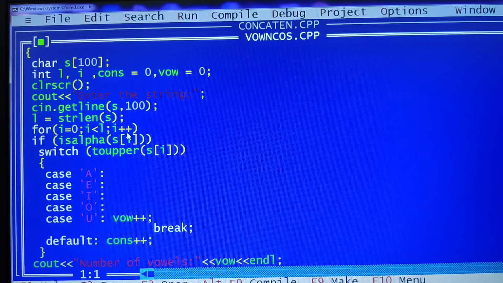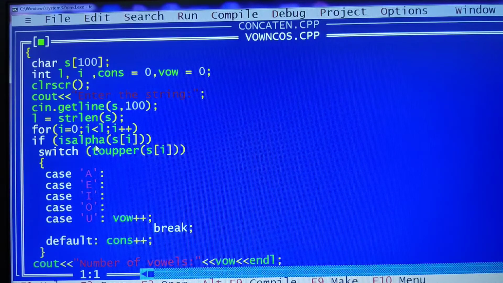Before we actually count the number of vowels and consonants, first we are going to check whether each character we encounter within the entered string is an alphabet or not. Suppose in a given string WOW, when we encounter the alphabet W, first I need to check whether the character is an alphabet or not.